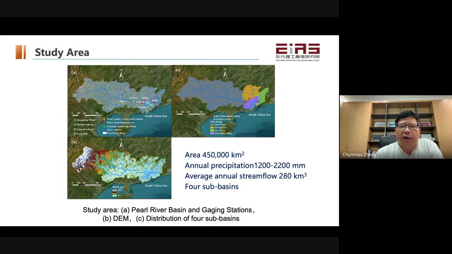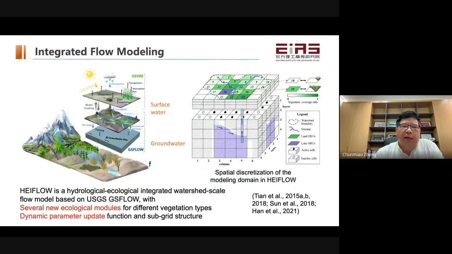This is an area of 450,000 square kilometers, a very large region. As I mentioned, there is a lot of intensive agriculture and human activity in major cities like Guangzhou, Shenzhen, and Hong Kong. And our approach, again, is based on modeling, and this time it's not just groundwater modeling, but also surface water and land surface